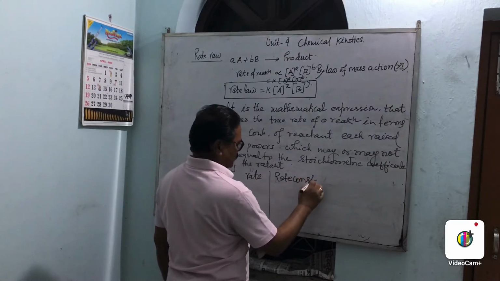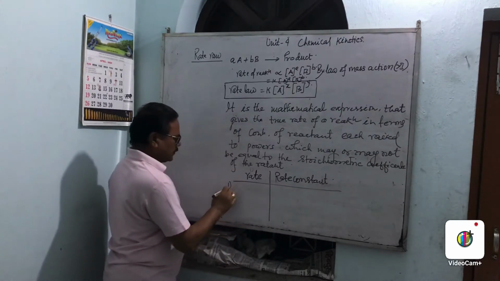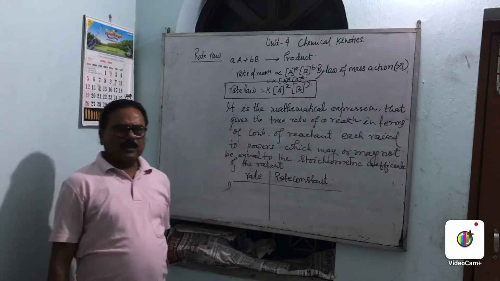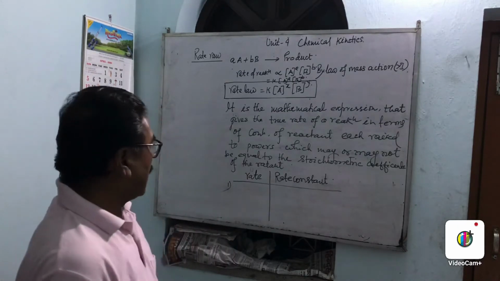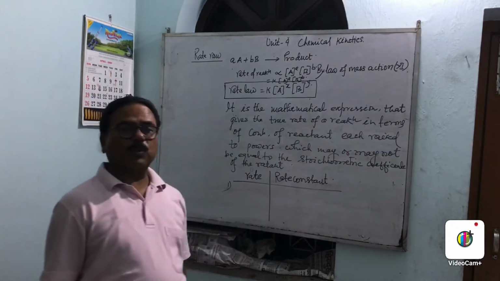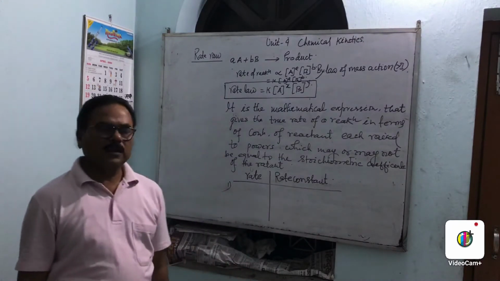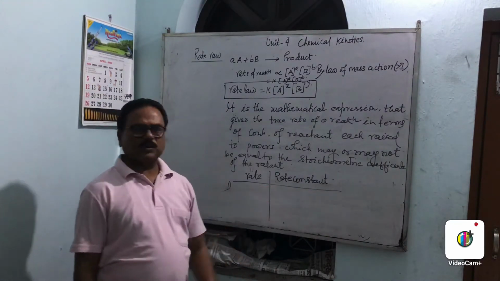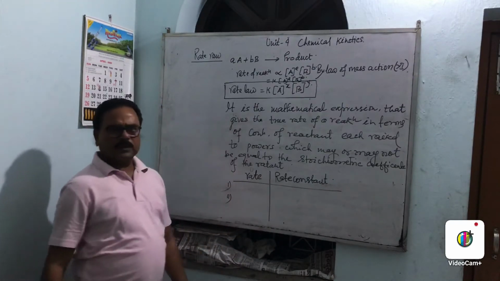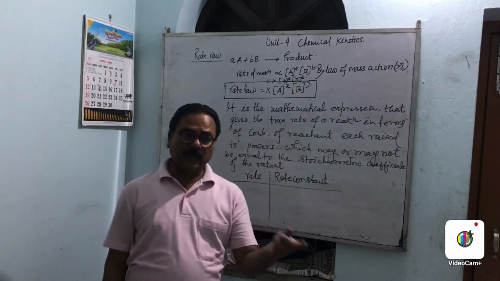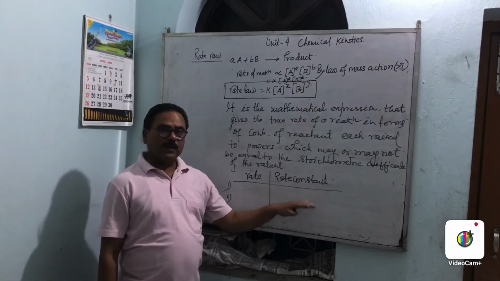Rate constant. So what is the first difference? The rate, that is the change in concentration with time, is known as the rate of the reaction. And what is the rate constant? This is the proportionality constant of the rate law of a reaction, that is the rate constant. Now, the second point of difference. The unit of rate is mole per liter per time, but the unit of the rate constant depends upon the